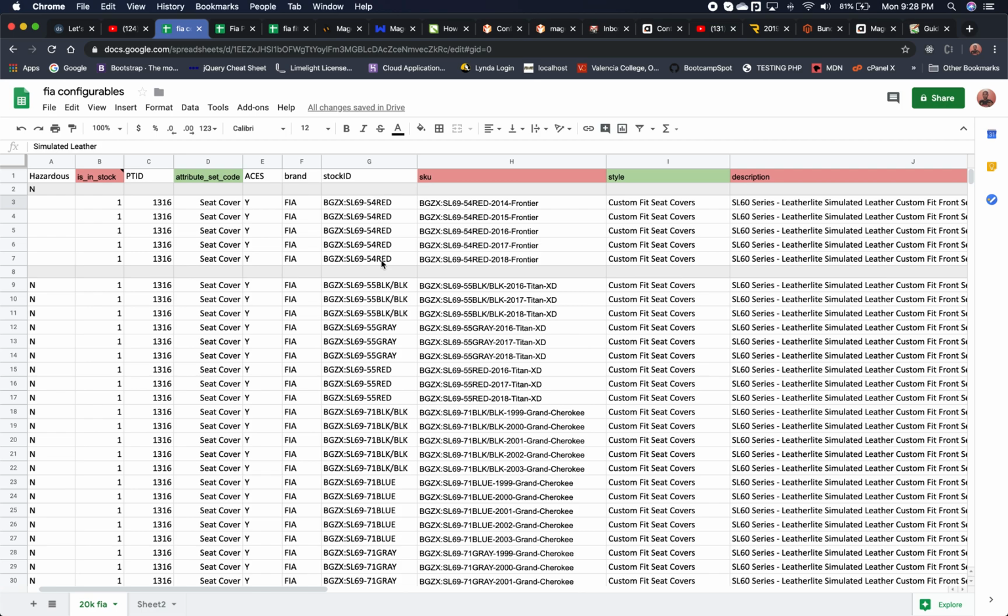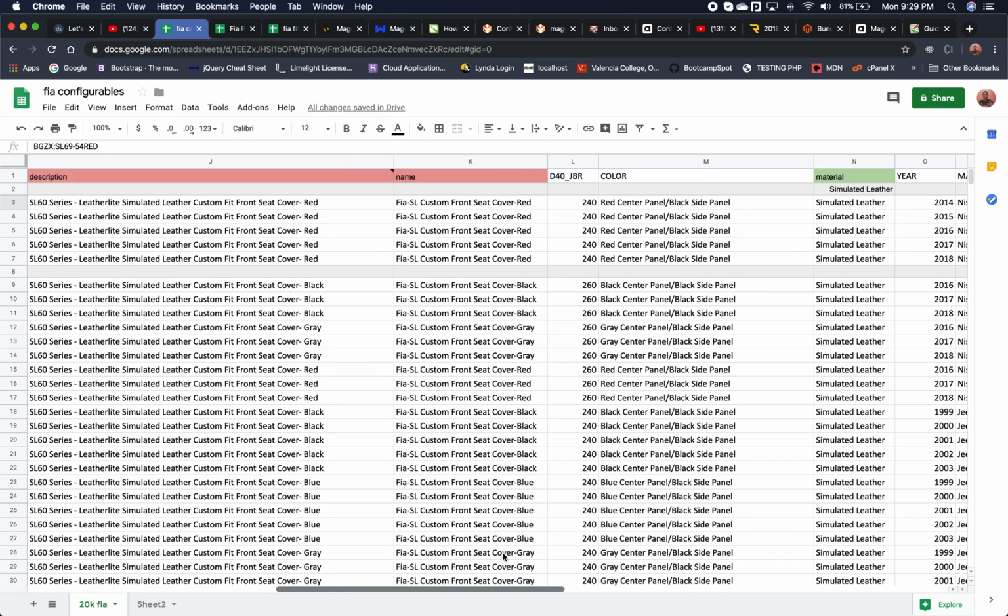This is the product ID. So I have 1, 2, 3, 4, 5 product IDs and 5 different SKUs for that product ID. However, I have 5 different SKUs for the same product, and it shouldn't be that way, because the way I believe it to be is that each SKU should point to a particular product. The reason why I have it that way is because